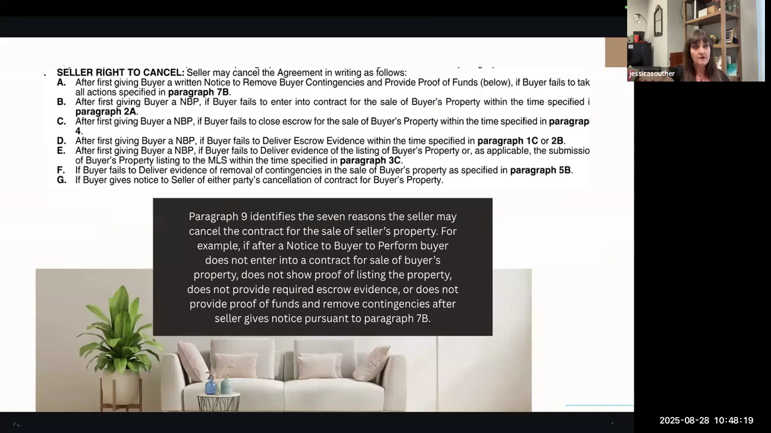Okay, seller for the sale of the buyer's property. You'll notice that the majority of the time it says they have to give a written notice to buyer to perform. So there is the form, notice to buyer to perform, and then there are things that you can make them perform on. Number 1 is providing the proof of funds,